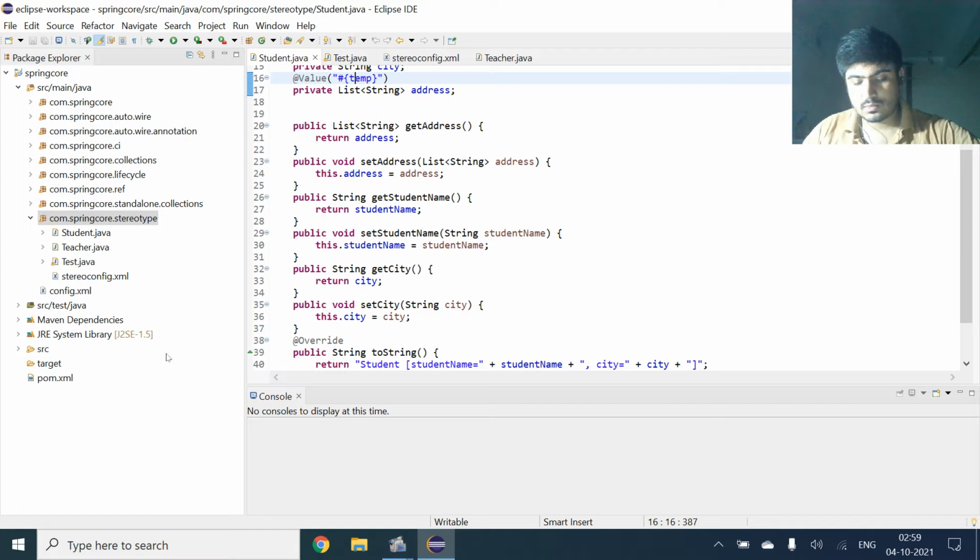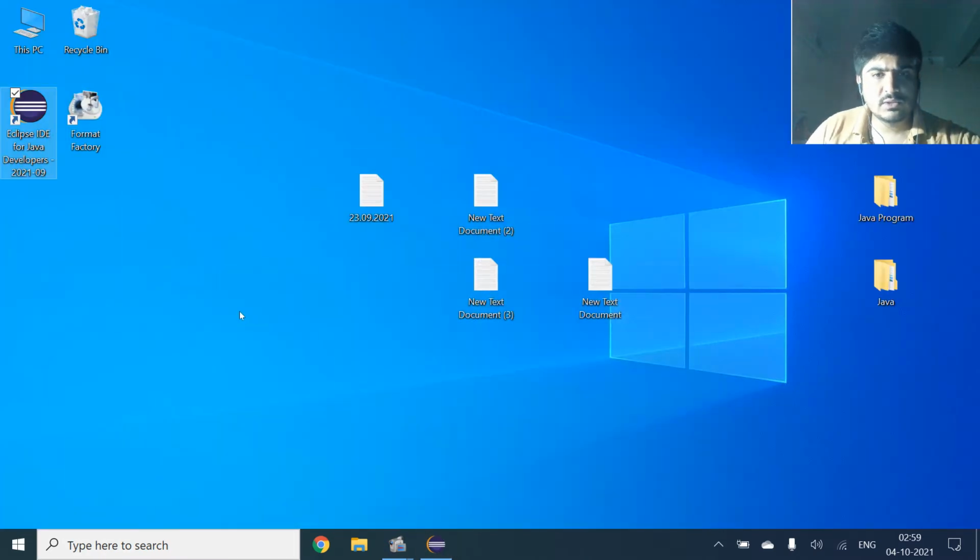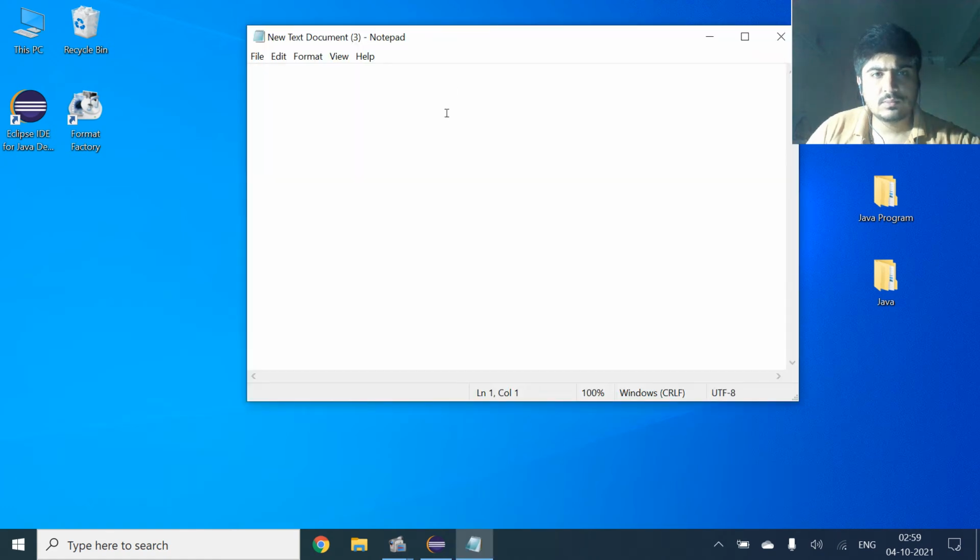How can we pass the value? I will tell with the help of an example. First of all we give the value component, and in the brackets we provide, for example, a small example, 3 plus 5.